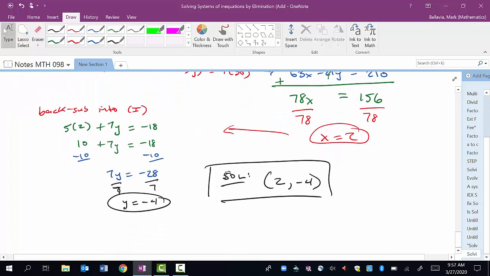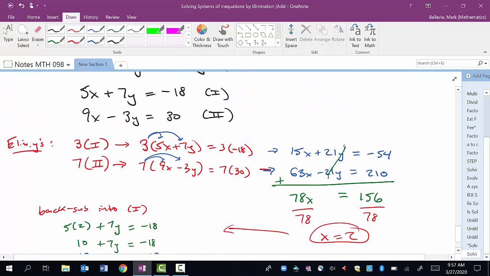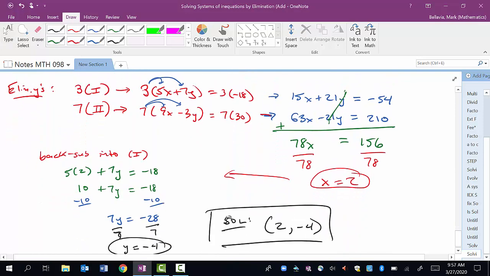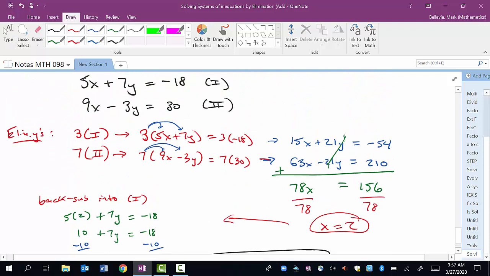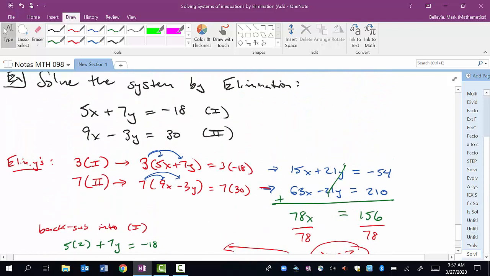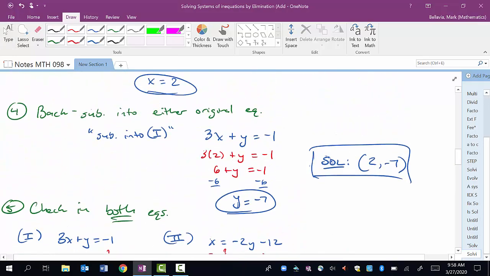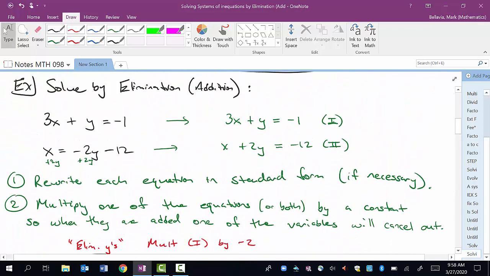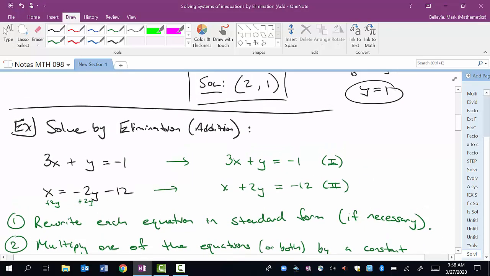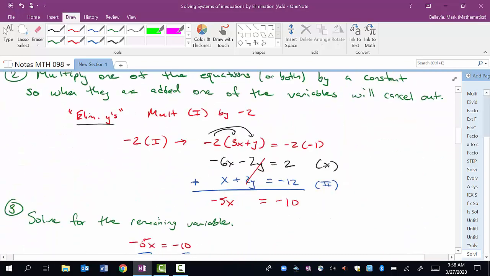Sometimes when people do this, they try to go back to using substitution, and that's okay too. Either method will work. Something like this problem here, where all your coefficients are numbers other than 1, lends itself better to elimination. If you had a problem that had coefficients that were 1 in there, kind of like what we did at the very beginning of this lesson up here, you might want to try to use substitution on something like that